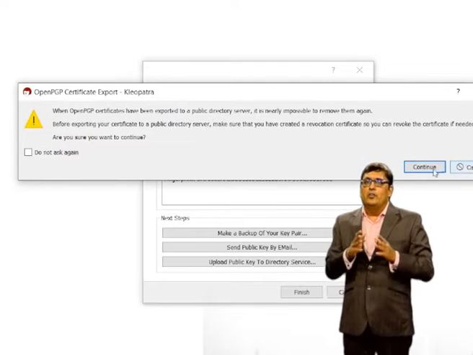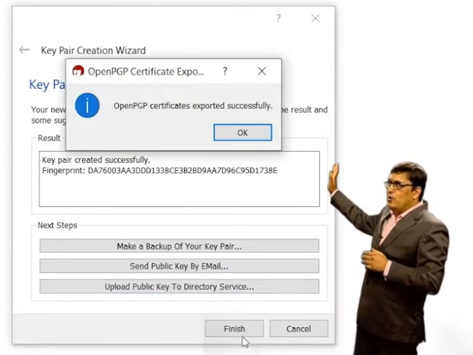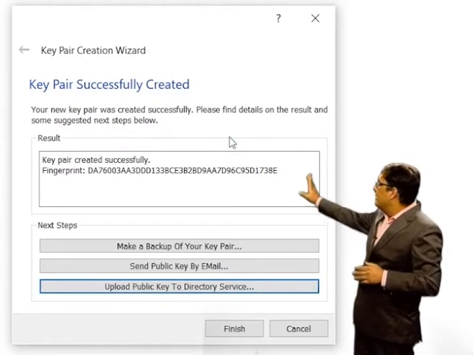We click on continue to provide the permission to upload. Once uploaded, we click on OK. Then we click on finish. So, the sender's key pair is generated. In order to send a message, the sender needs the receiver's public key. So, for our demo,